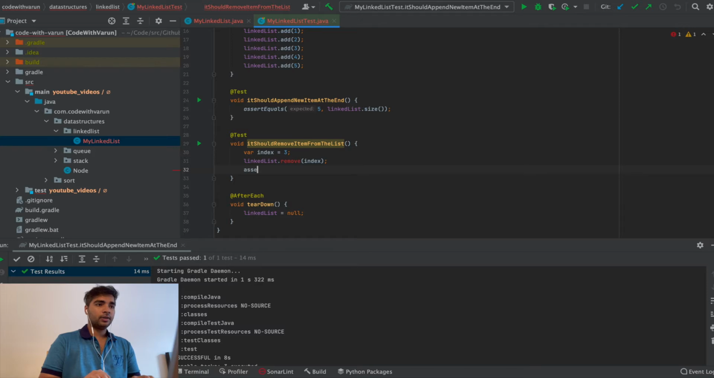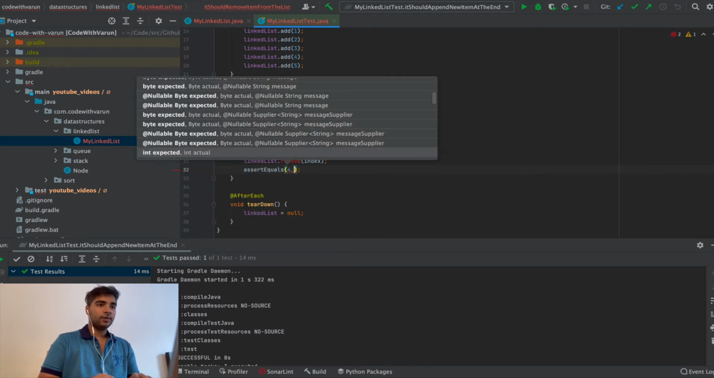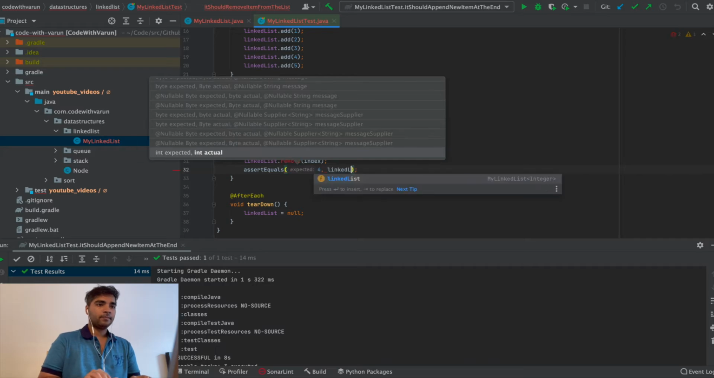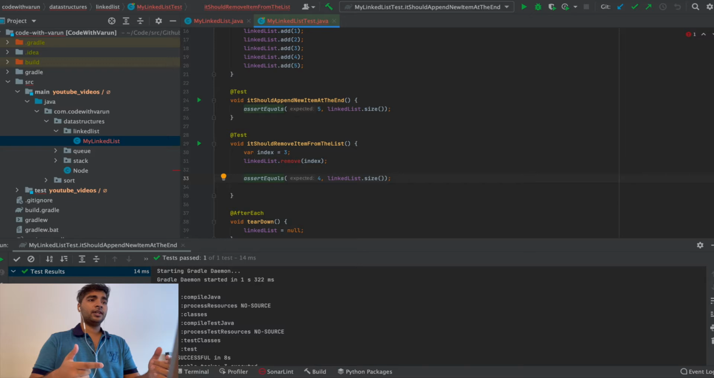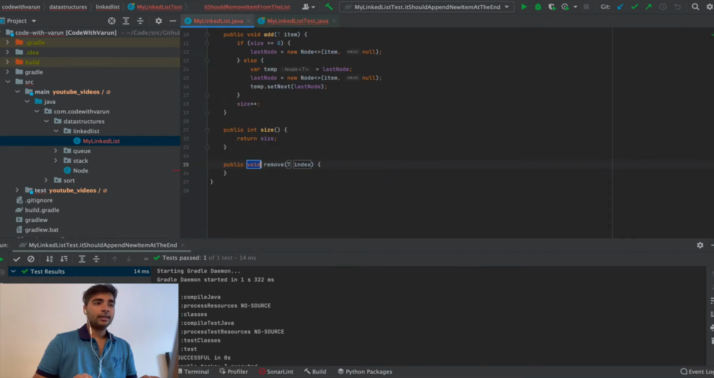I will assert on the size first. Assert equals, size should be 4. We can iterate over the linked list and see whether the item on that index has been removed or not. We can create that method. So after removing this,